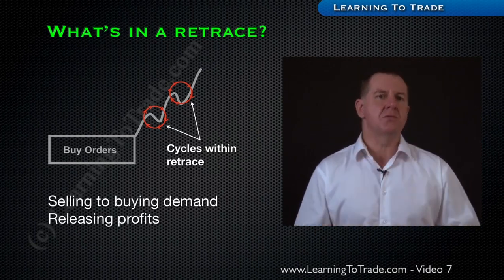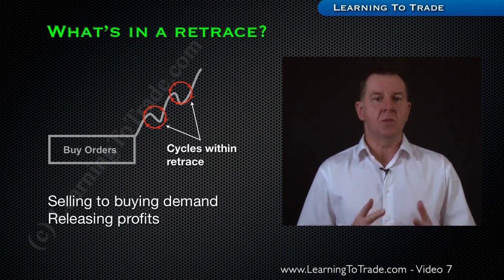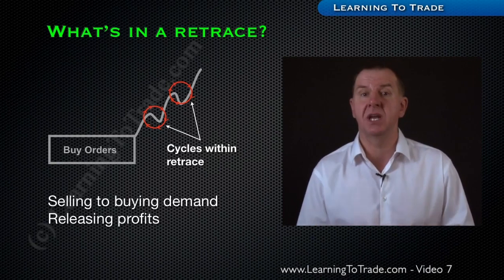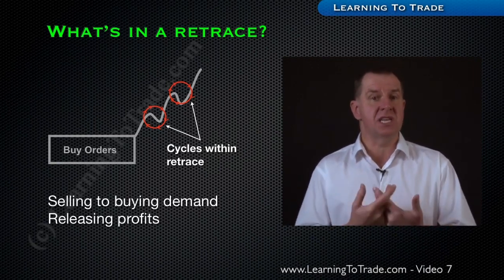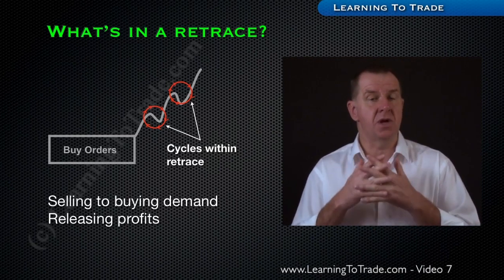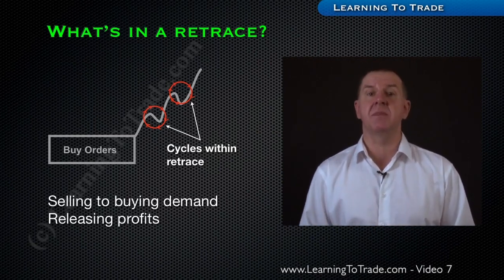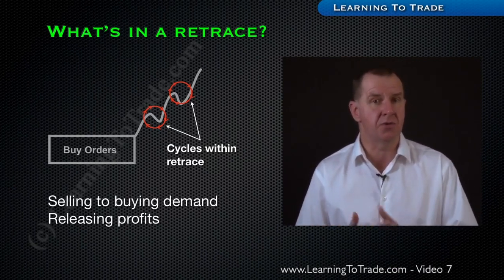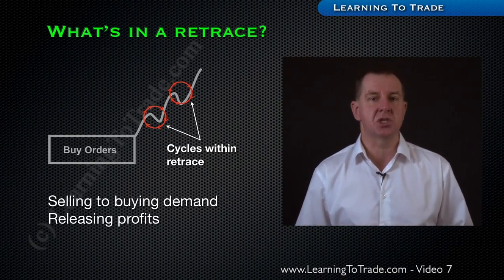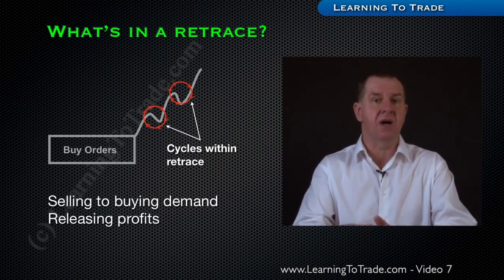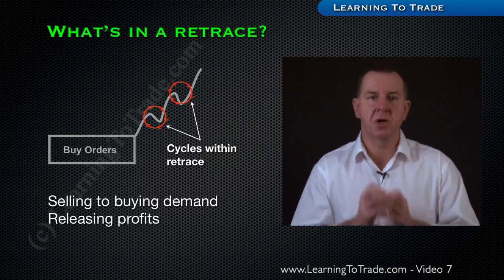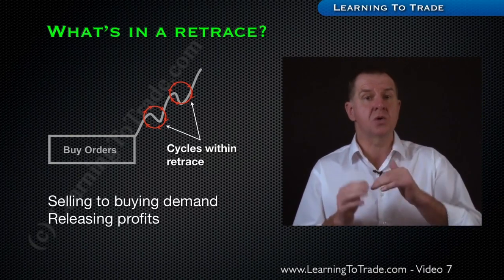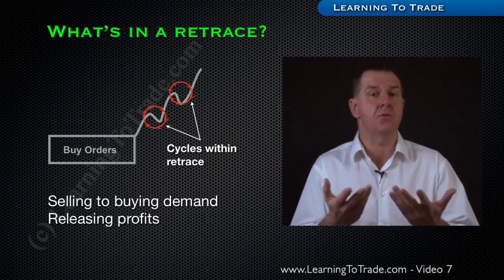Now we've talked much about the cycle of accumulation and profit release, and what we see here is exactly the same. As the market breaks out of the accumulation area, in this case we're looking at accumulation of buy orders, the outside body of traders will see this and start to buy the market in anticipation of higher prices. As demand increases, the market makers will sell into this demand, thus releasing profits from that which they accumulated earlier at lower prices. Now during this flurry of activity, the stock that the market makers are distributing to the buying demand will literally swamp that buying. At this moment there will effectively be more supply than demand, and as a consequence the price will drop back, causing what we see on this chart as a retrace in the overall price line.